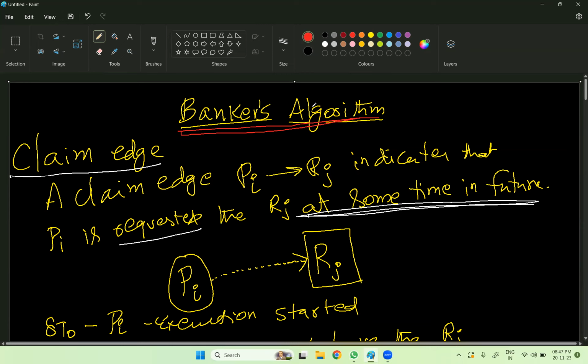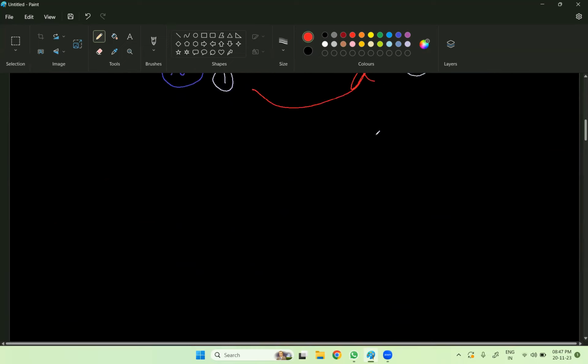The same procedure will be followed here. Everything will be followed by this particular banker's algorithm as well. How could this be? Point number one to be understood in terms of banker's algorithm is: when any process tries to enter into the system,